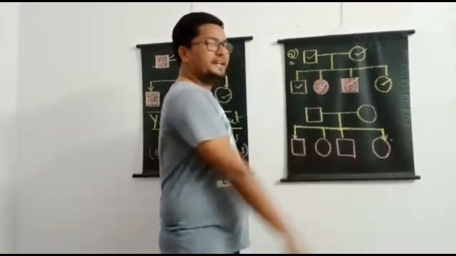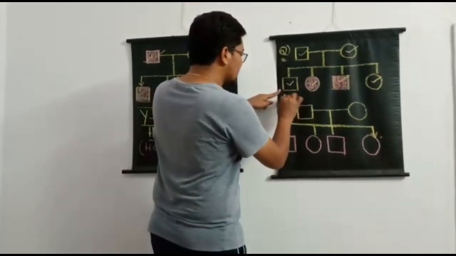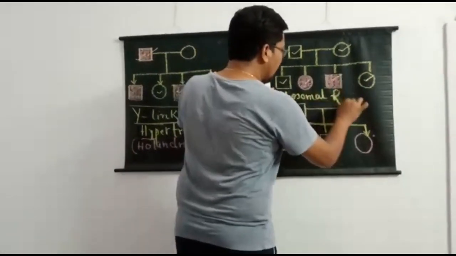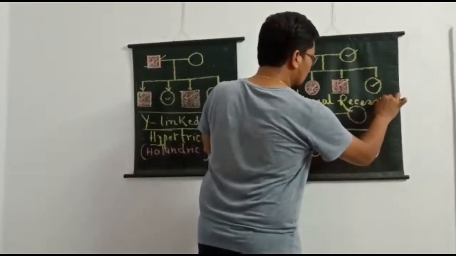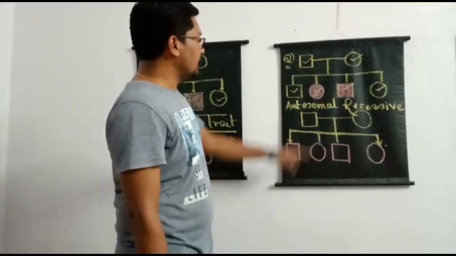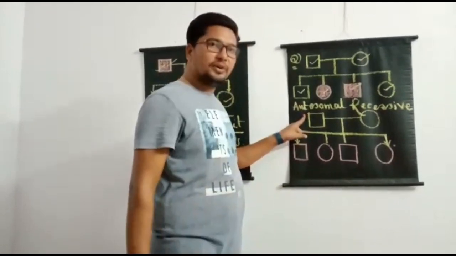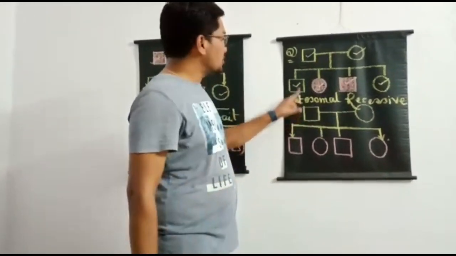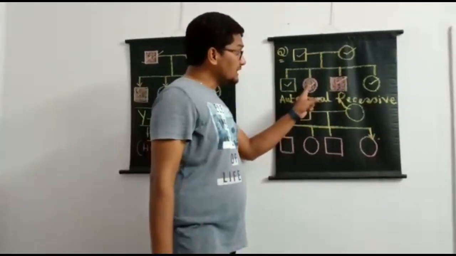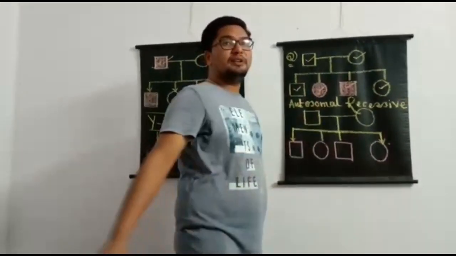So these kinds of pedigree charts always indicate which type of trait? It always indicates traits like autosomal recessive. So in autosomal recessive traits only this possibility will be there. Best example of an autosomal recessive trait is sickle cell anemia. So here you can see, dear students, both parents are shown normal, but still 50% of the children are affected. So how is it possible, if you ask me?